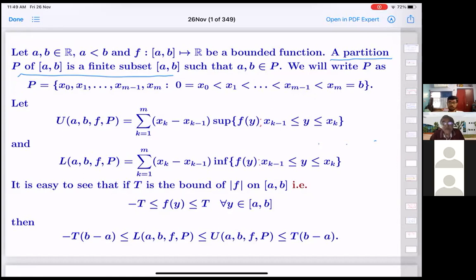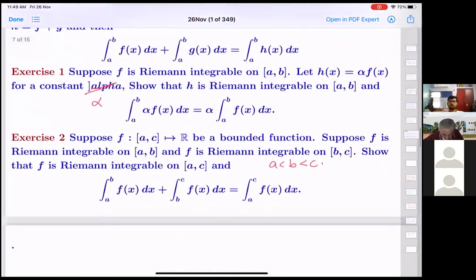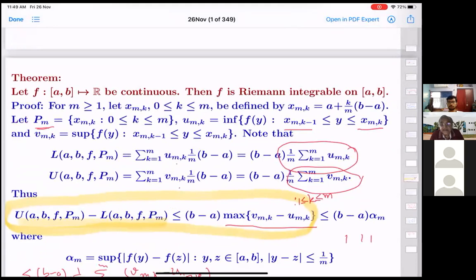But this observation was the final thing that we did. The statement that continuous implies Riemann integrable may not work on an open interval, because this proof certainly won't work, since it is using uniform continuity. Right. Okay. This proof will not work. Whether it works or not, one will have to keep figuring out. Okay, sir. Got it, sir.